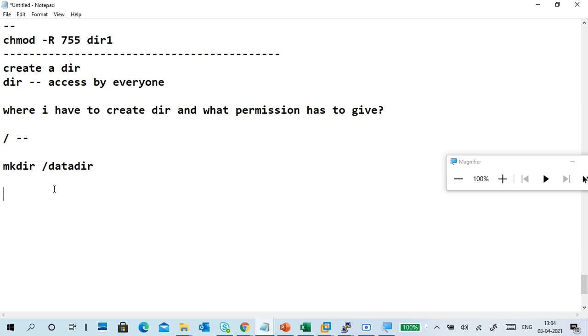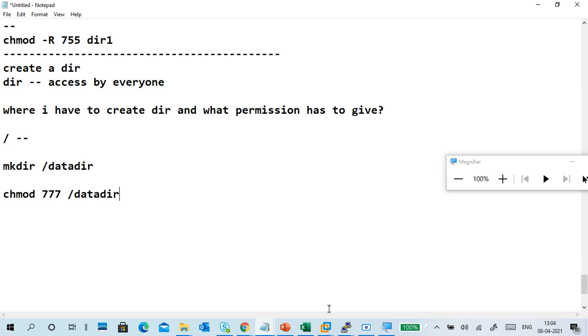I created this directory. Now what permissions have to be given? Read, write, execute for all three: user, group, and others, so everybody can access it. Then chmod on /data dir.